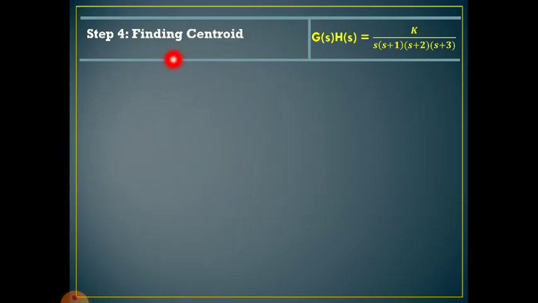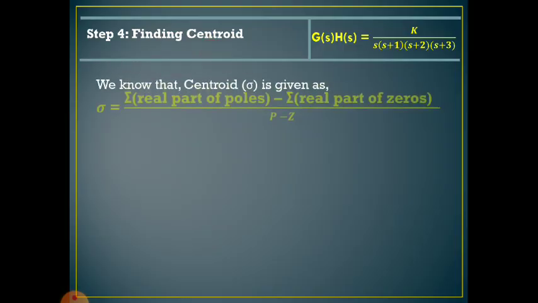Step 4 is finding centroid. So what is centroid? A centroid is a point on the real axis where all the asymptotes are going to meet each other. There are 4 asymptotes, right? So all those asymptotes will meet at a common point on the real axis, and that point is called the centroid. And we have the formula for centroid as